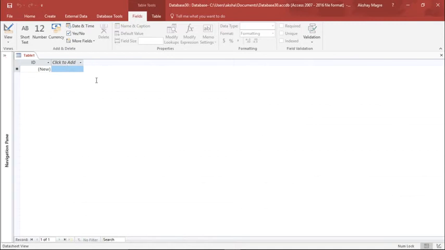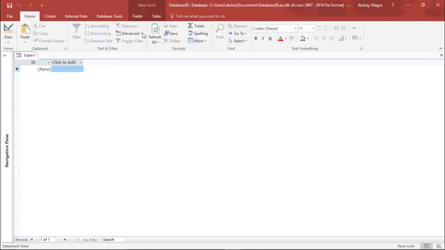Now before I start off with the table, let me show you. Here you can see the Table Tools. Under the Home tab you can see the ribbon. In this ribbon I have different groups. As you can see, I have the Records group, Sort and Filter, Clipboard, Views and Text Formatting. From this ribbon I can basically edit, or make the required changes as per our requirement. We can sort or filter data, we can save data, we can check for spelling errors, we can add totals, we can refresh data, and there is some text formatting, making text bold, italic or underline. Alright, so this is about the basic layout of Access.